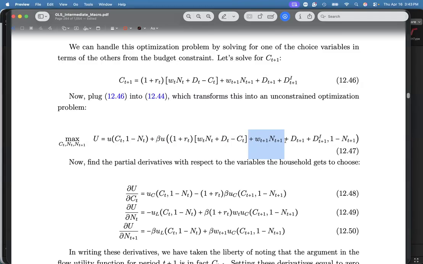Okay? But if you work in the future, you also have a problem. What is your problem? Where else is NT plus 1? Here. And if you notice, it comes in with a negative sign. Do you know why it comes in with a negative sign? Because, sir, you'd prefer to have leisure than work po. Yes, from the utility point of view, right? So the direct utility effect would be you don't want to work because of this one. You want to just have leisure. But there's a benefit, which is on the other side. On this side, it's okay.